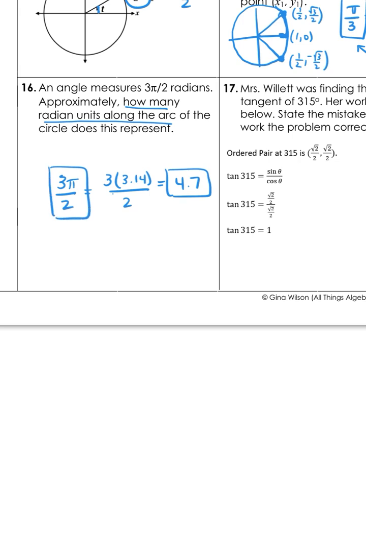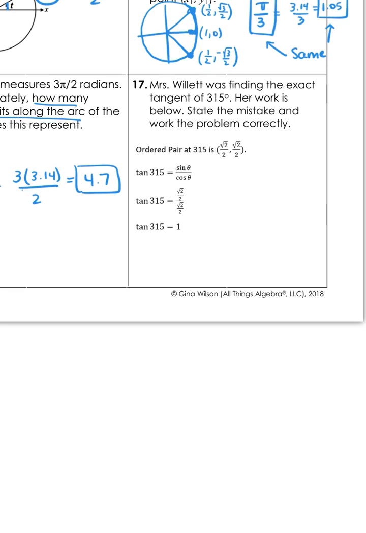And finally, we are looking at Mrs. Willett was finding the exact tangent of 315 degrees. Her work is below. State the mistake and work the problem correctly. So we're looking at her ordered pair at 315, but remember that 315 is down here. So that means I should have a positive x value, but a negative y value. So right away, we can say that her mistake was that the coordinates